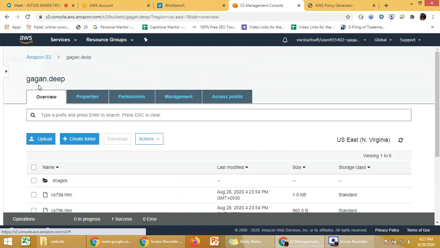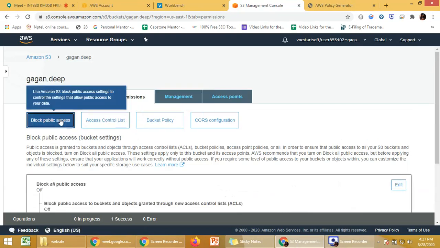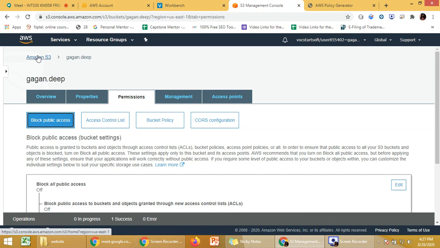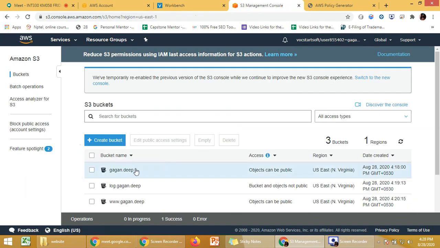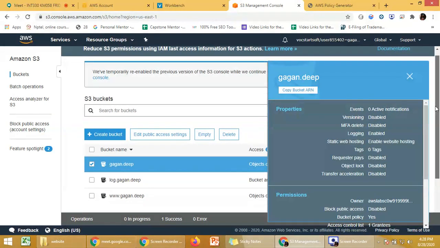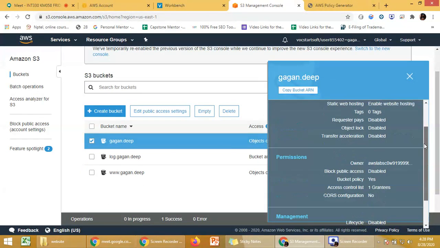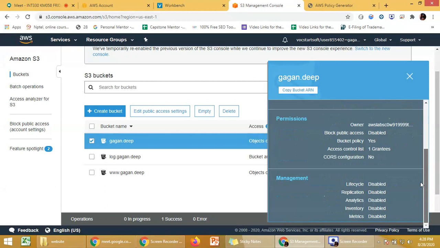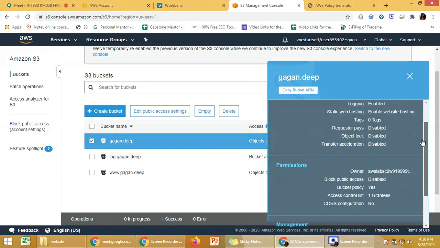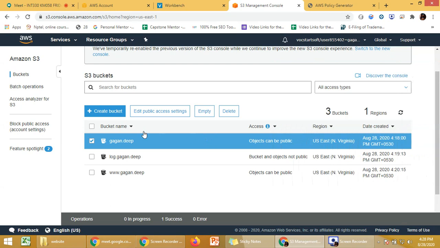Now from where you can access this is simply go to the link which we were having. Now you can see there is a logging which is enabled. We have enabled the logging. Owner is enabled but the rest of the things are disabled. So whatsoever we want to enable, we can enable it. Whatsoever we want to disable, we can do that.